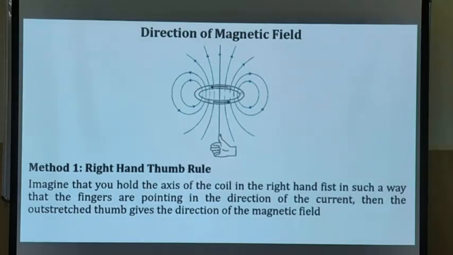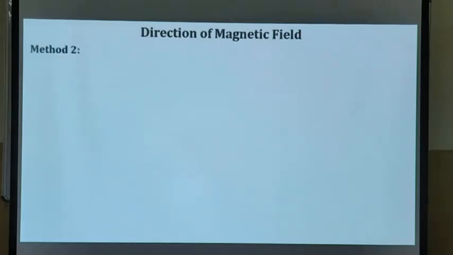Now let's move on to the second method. Method number 2 is called the clock rule. In order to understand the clock rule, you just need to be in a position to understand the direction of current. That's all. Depending on whether the direction of current is clockwise or anti-clockwise, we can very easily point out the direction of the magnetic